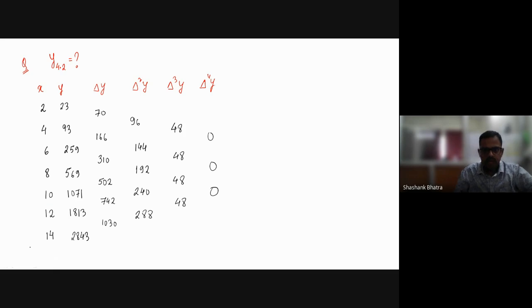So now, what is my aim? I have to find y at 4.2. For that, I'm directly using the polynomial expression at x equal to 4.2. You can write it down. In practice, as we are going for forward difference, we take the closer value to x equal to 4.2. So we take this value, 4, and we consider this as our x naught,